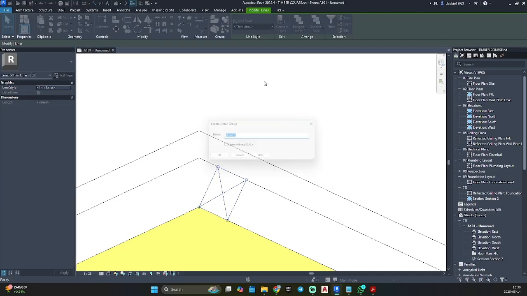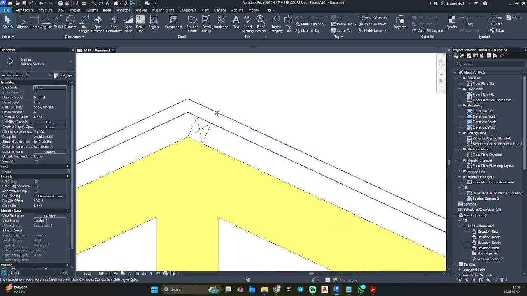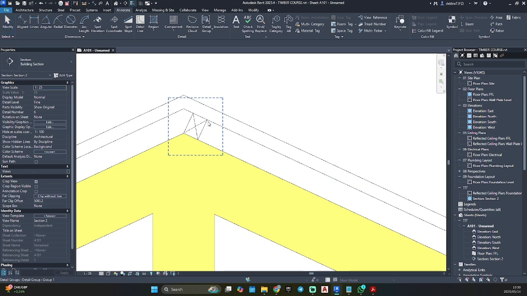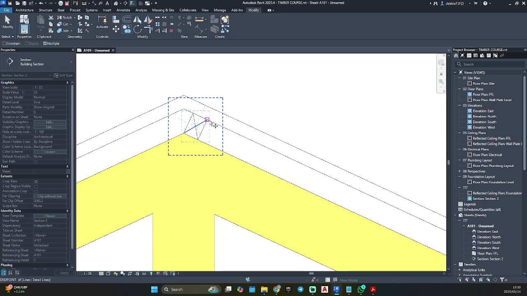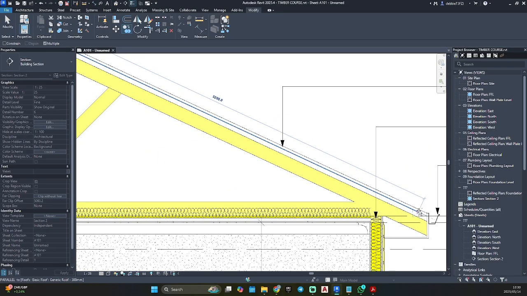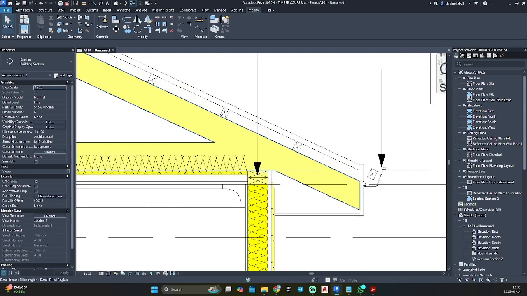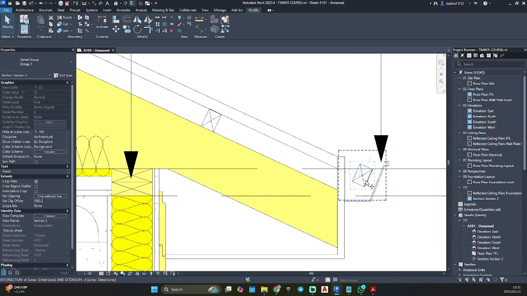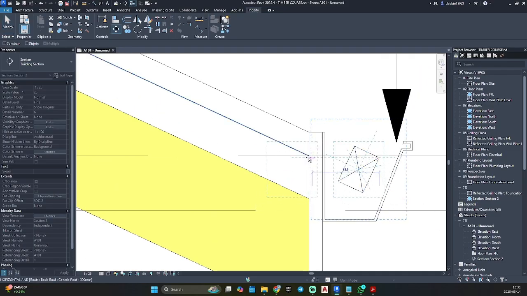Highlight, create group, copy CO. So I'm just going to place my mouse there and just keep hitting 450. I'm just going to MV for move and place this one.